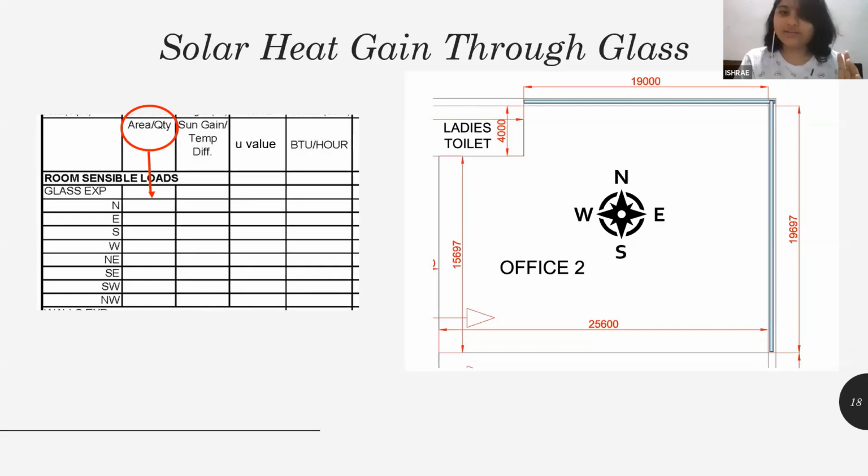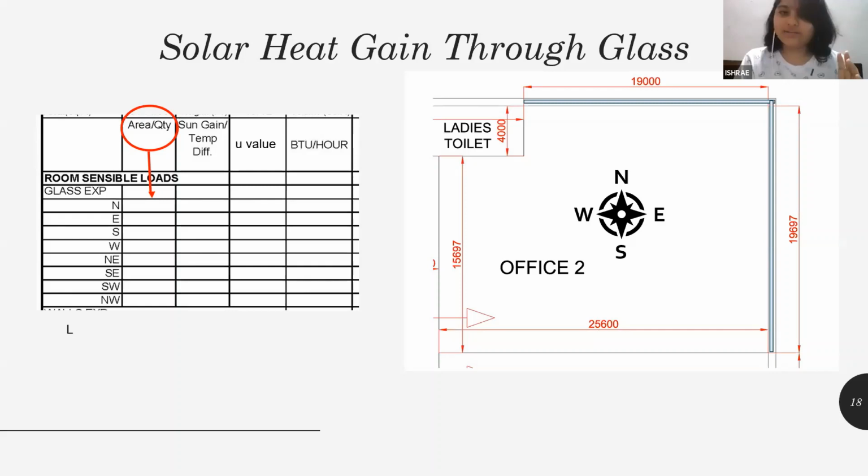So when Arun sir was talking about the facade details in the previous lectures, that time he was asking you all to come up with the idea of which side you all want to put your glass facade on, and why do you all want to put it there. So I have taken it just for the sake of calculation, but when you all take a facade, then you all have to explain why you all took it on the west side or south side or east side or north side. Okay. So now first we'll put in the area.